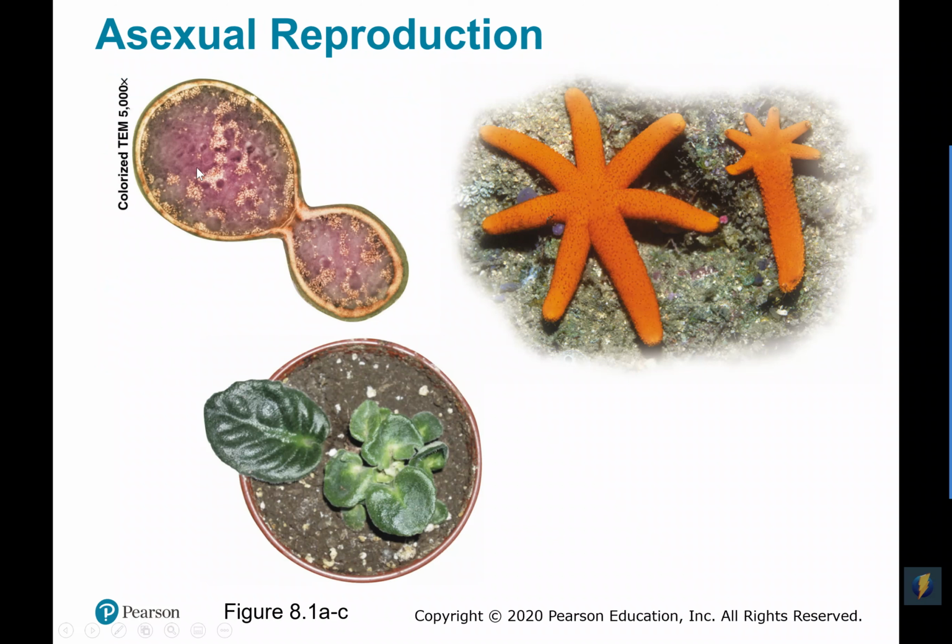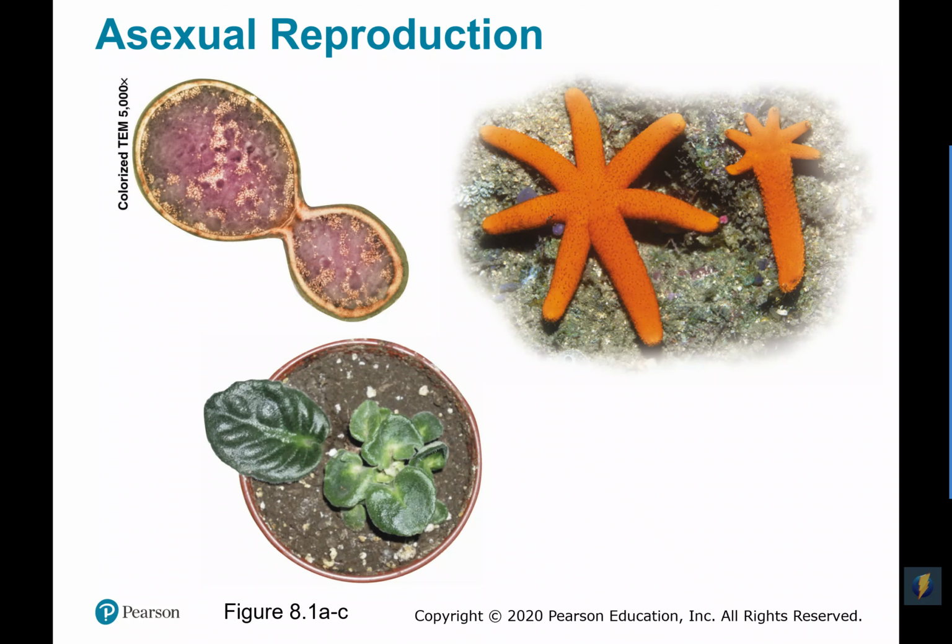So here you can see a protist essentially just doing some binary fission, splitting. So these are all forms of asexual reproduction. Here it is in a very simple prokaryotic cell, but even in eukaryotic cells, sea stars, for example, if they lose a limb, they have the ability to grow an organism through asexual reproduction. Or if you've ever taken a small cutting of a plant and stuck it in some root starter and grown a new plant that way, those are all forms of asexual reproduction, where the offspring are genetically identical to the parent.